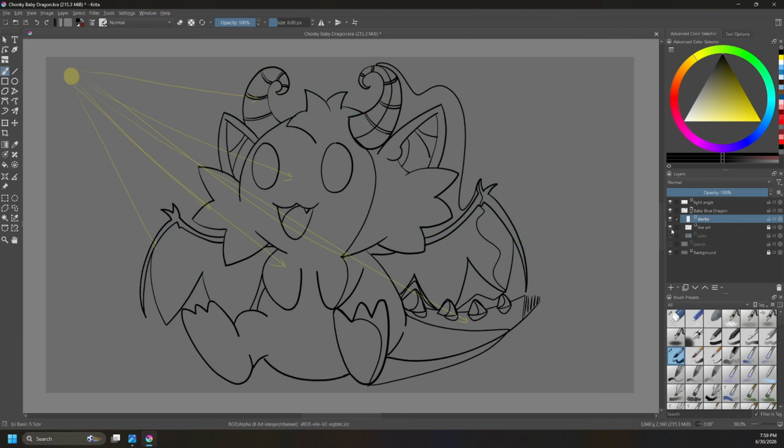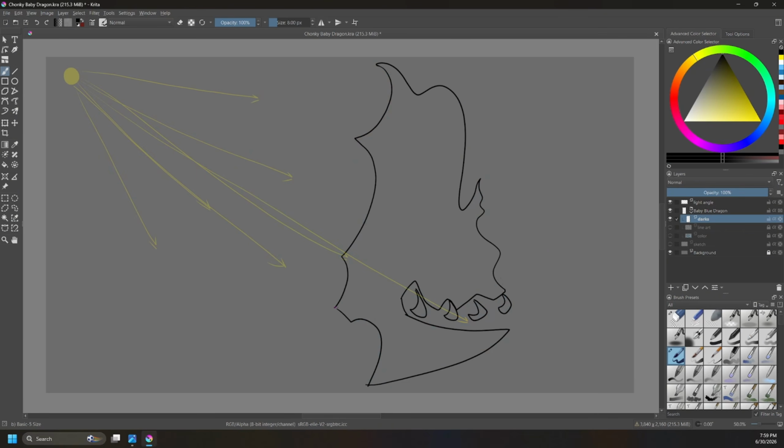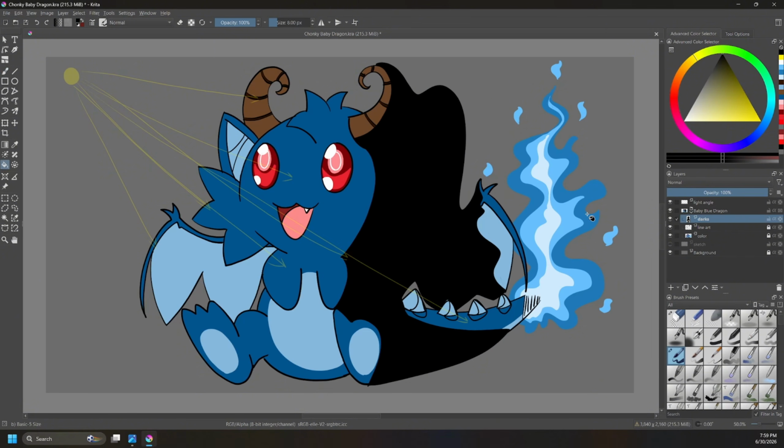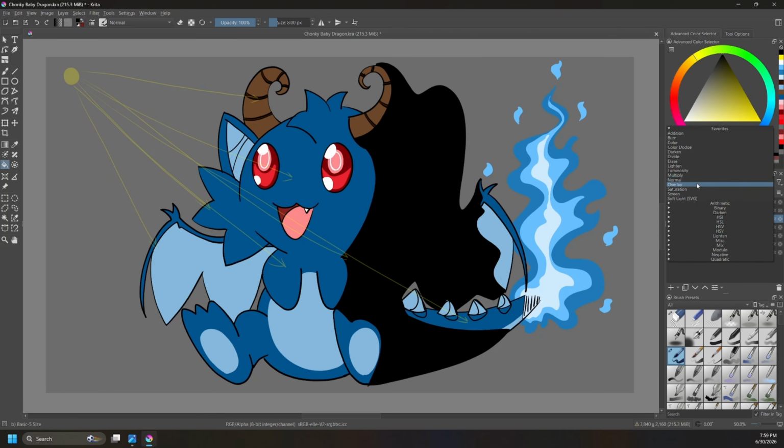Here, let me get rid of this and this to see. Oh, see, there it is. All right, let me put those back. So I made sure it's all closed up. So now watch this. I'm going to use my paint bucket tool and boom. See, it covers that whole area. And here we go. If I set this to overlay